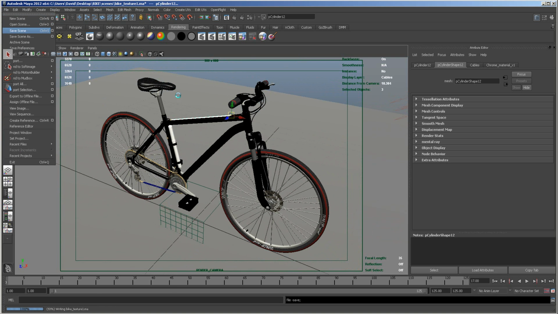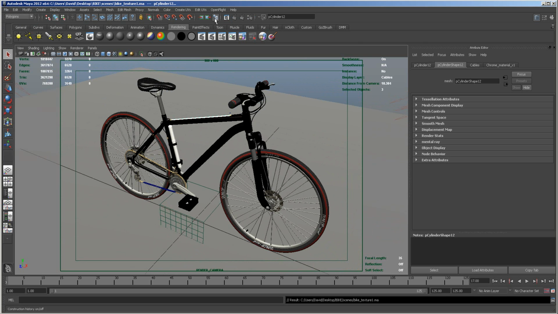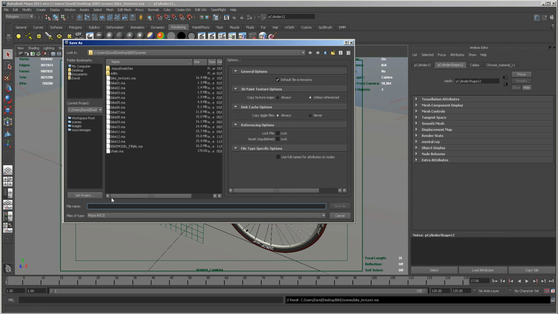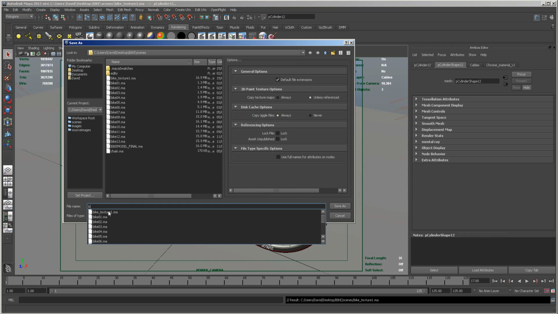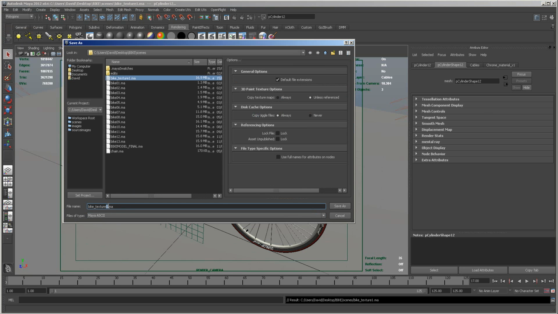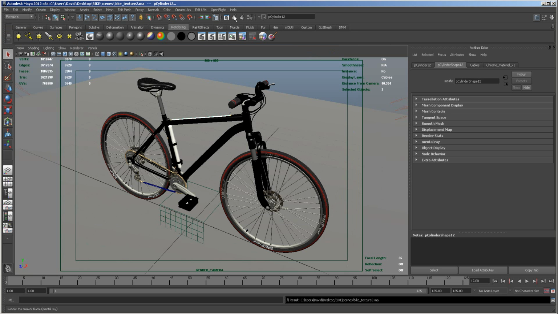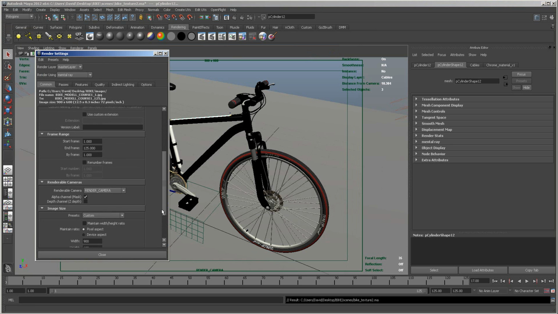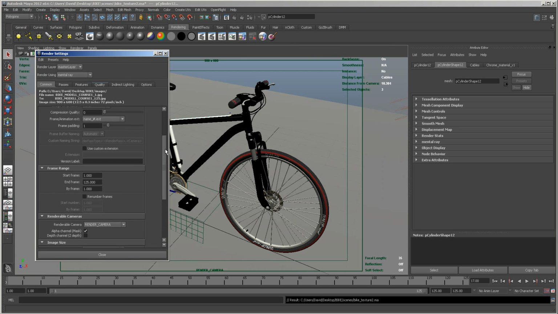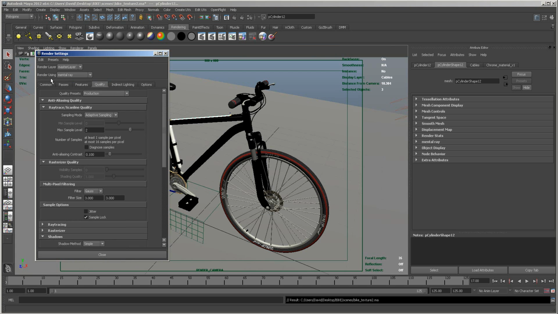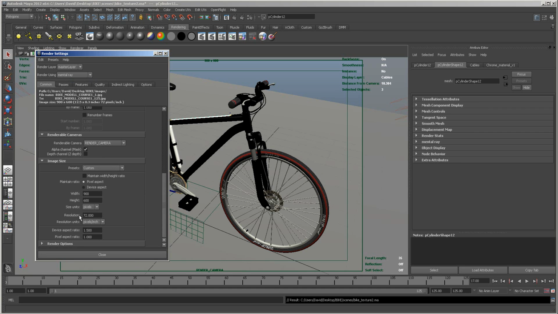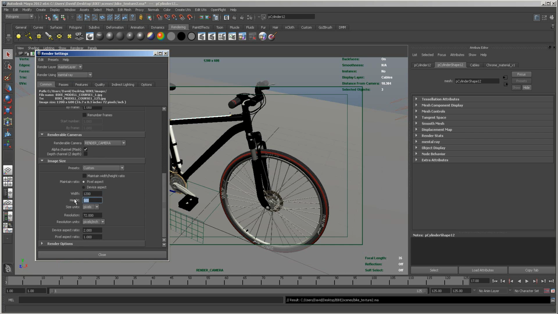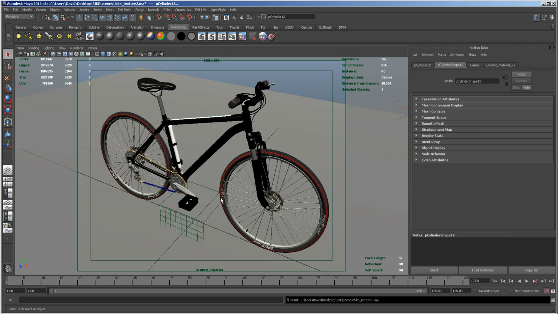Before I render, I'm just going to save the scene, and at this stage I'm then going to save the scene as, and I'm going to put it down as bike texture 2. Okay, let's do a bigger render of this. So I'm going to click my options, make sure my quality is in the production. Yep, and set this to 1200 by 900. Click OK,